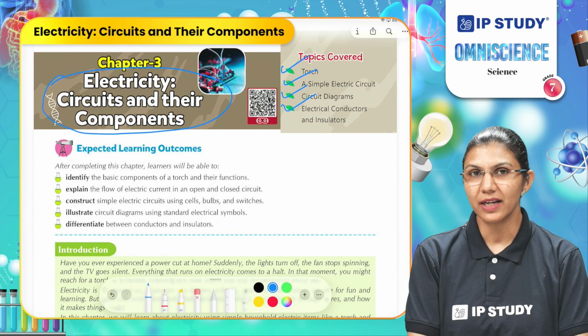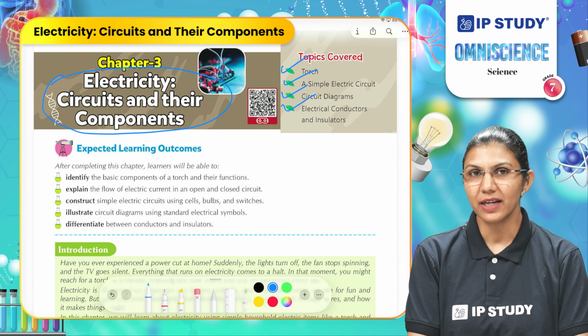That is a filament. A filament is a piece of thin metal wire which is usually coiled, and it is connected to the metal case of the bulb at one end and the other end is connected to the metal tip at the bottom of the bulb. When this bulb is connected in a circuit, the metal tip is connected to one terminal of the circuit and the metal case is connected to the other terminal of the circuit. That's how it makes a path for the current to flow through this bulb.